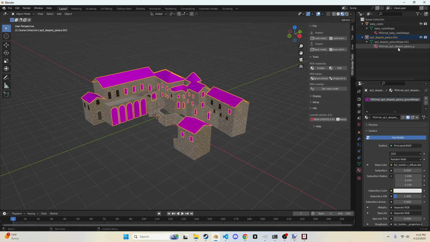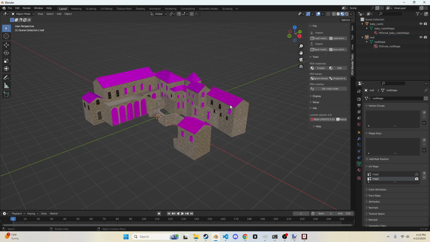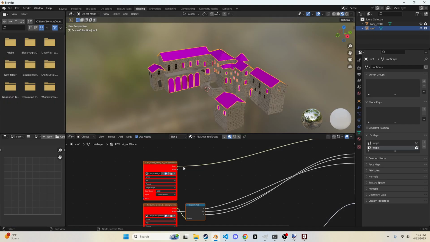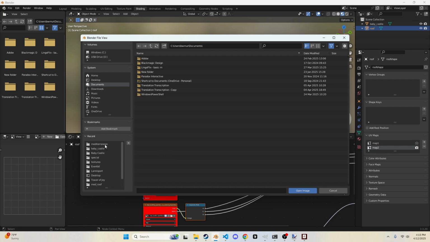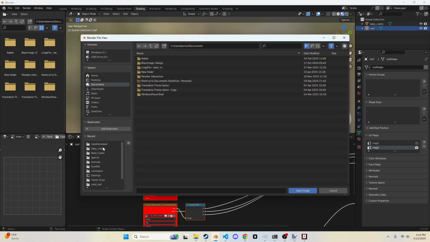And then rename it to roof, right? So I'm going to rename this to roof shape, and then roof shape, and then roof. Make sure this is also on UV map 2, which it is. Go to shading, and let's pull back in that Mediterranean diffuse, Mediterranean